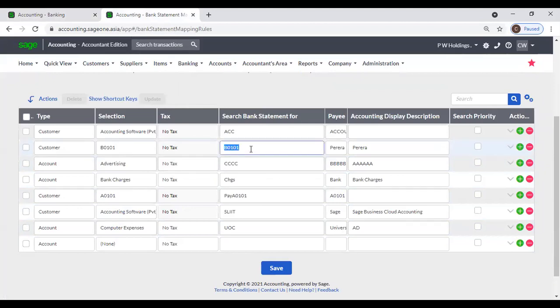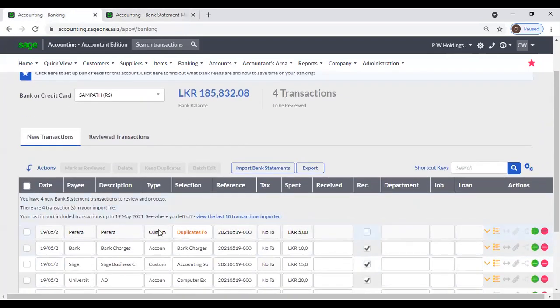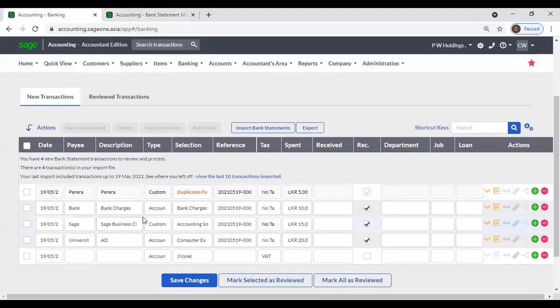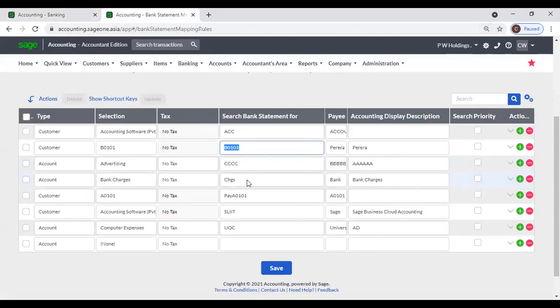Now if the bank statement has B0101, it will change to customer and it will select that B0101 customer. Okay, then next one, CHGS,